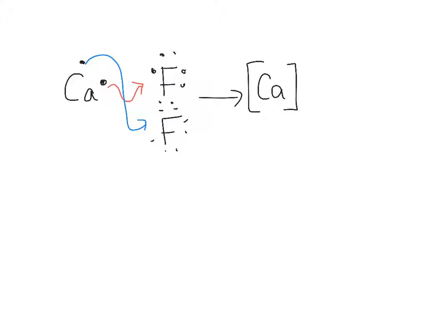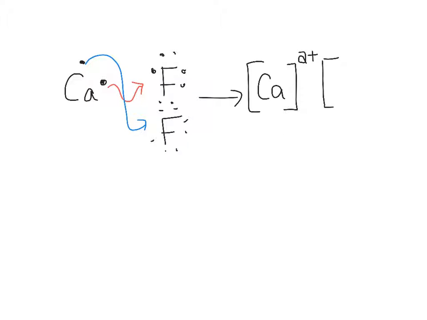Not going to have any electrons on your calcium in your product. What's the charge going to be? Yeah, 2 plus, positive, because it lost 2 electrons, so 2 plus. And then